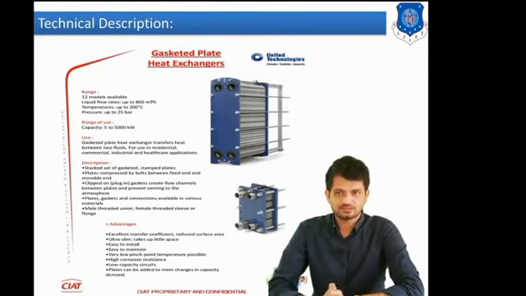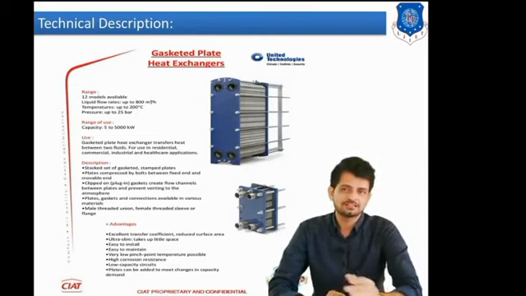As you can see on your screen, we have shown the technical description of a gasketed plate heat exchanger. In this you can see the ranges written, then we have also written the range of use, then what are the uses, description, advantages. See, it is not compulsory that you have to use all the elements. You can use any of the elements. So technical description can be given in different forms, but the standard format is what we have explained earlier, right?